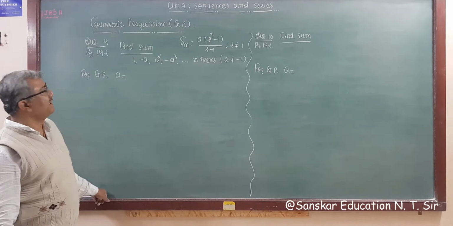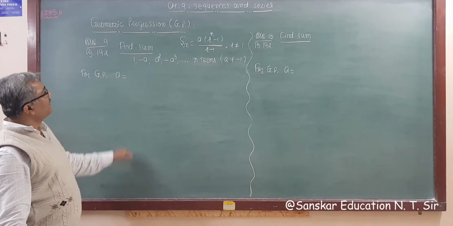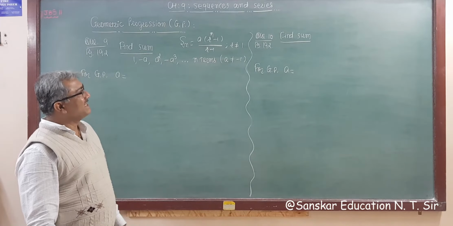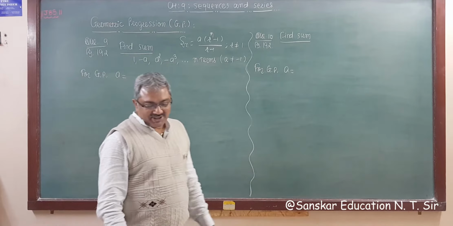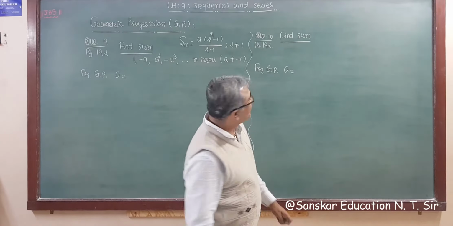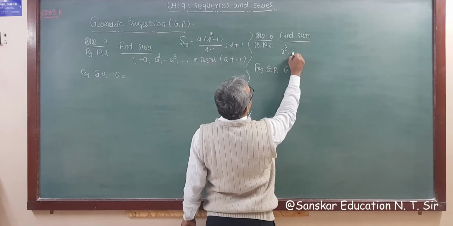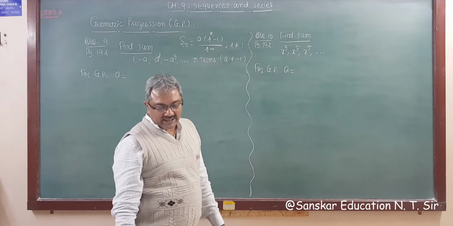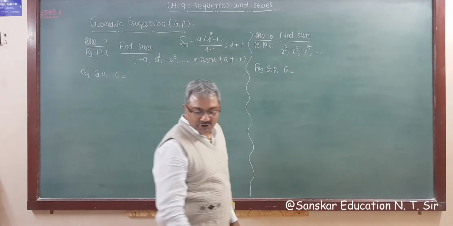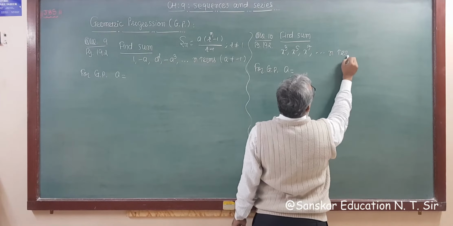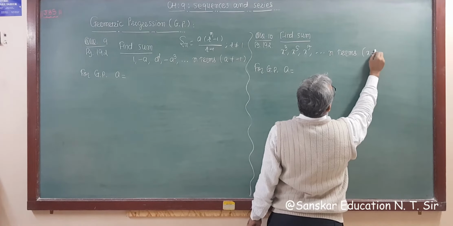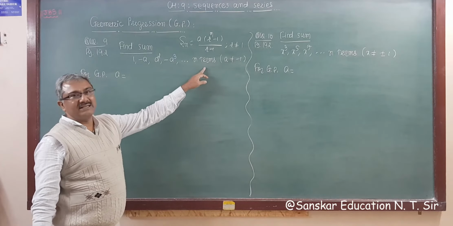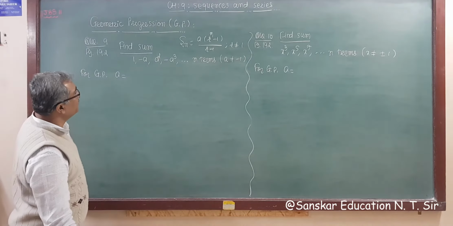Next question is question number 9, page 192. Find the sum of 1 minus a square minus a cube up to n terms where a is not equal to minus 1. That is, a is less than 1. And question number 10 is x cube, x raised to 5, x raised to 7, up to n terms, if x is not equal to plus or minus 1. N terms, right? X is not equal to plus or minus 1. So in both cases x is less than 1 here and here less than minus 1. That is what you have to take, right?